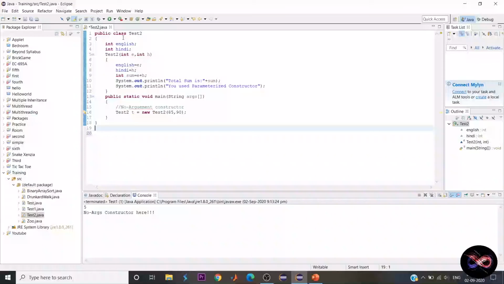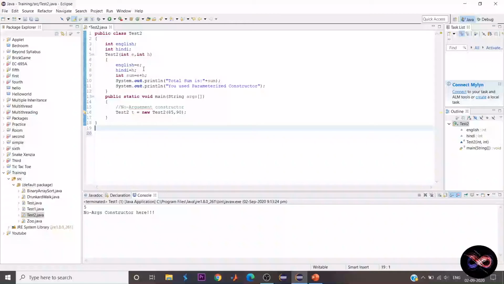What I have done here is, after creating the class test2, I have declared two integer variables English and Hindi, and after that I have created a parameterized constructor named test2, same as the main class, and it contains two integer arguments e and h. Now the values that will be passed to the constructor test2 will be stored in the variables e and h.